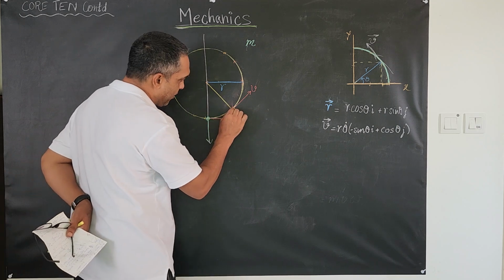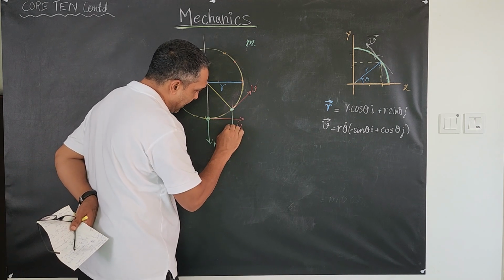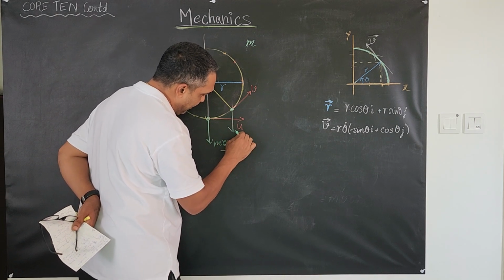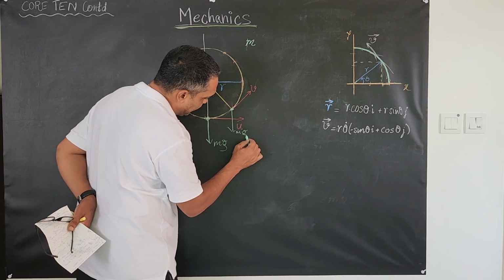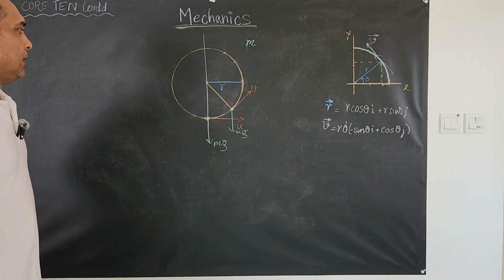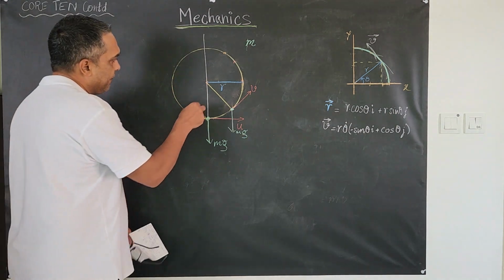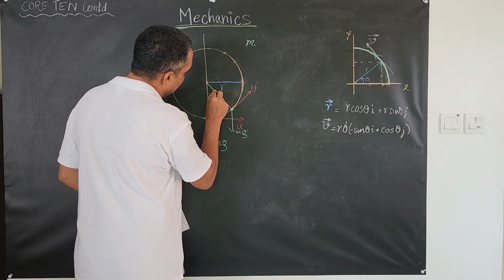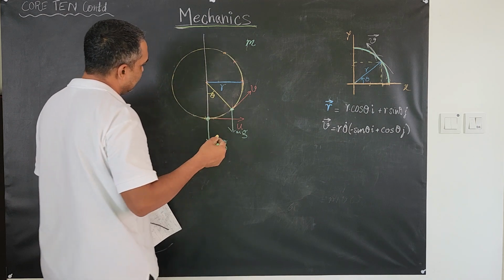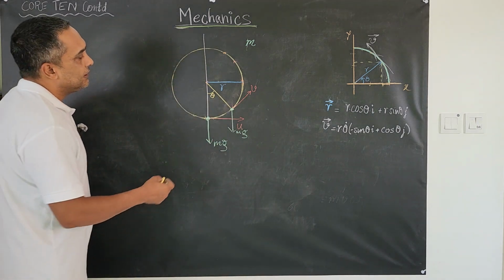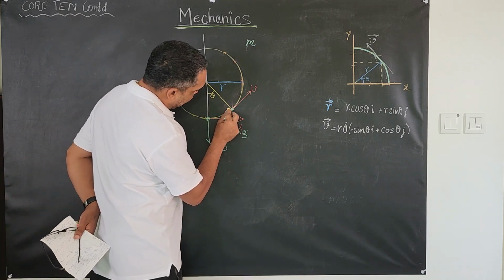If I was here, I would still have an mg. The mg does not change, right? The mg does not change. I do have an angle theta, alpha, anything. What I want to do now is I want to